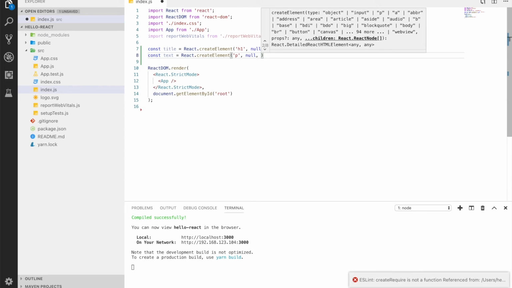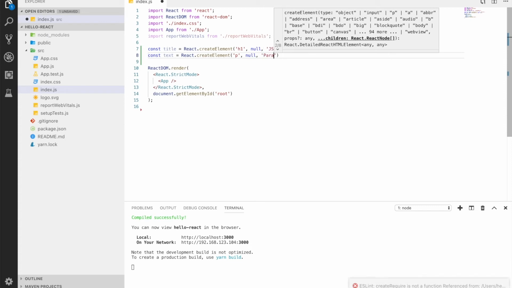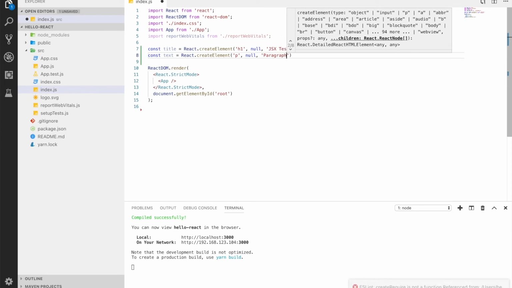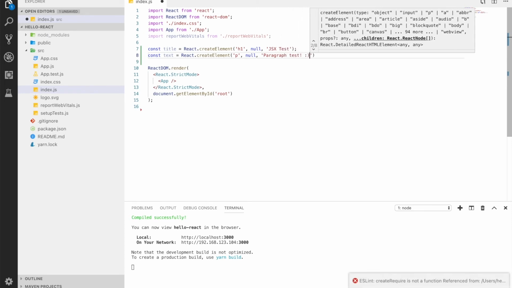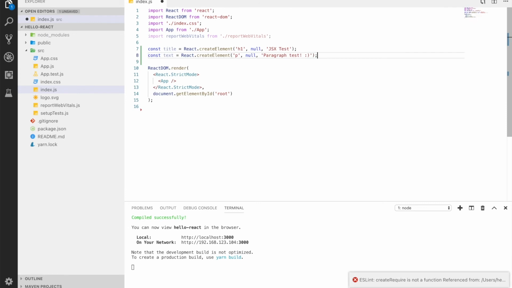And I'm going to put the text that will be different from the title, which will be paragraph test. So simply separate it so that I can see the difference between the title and the text.